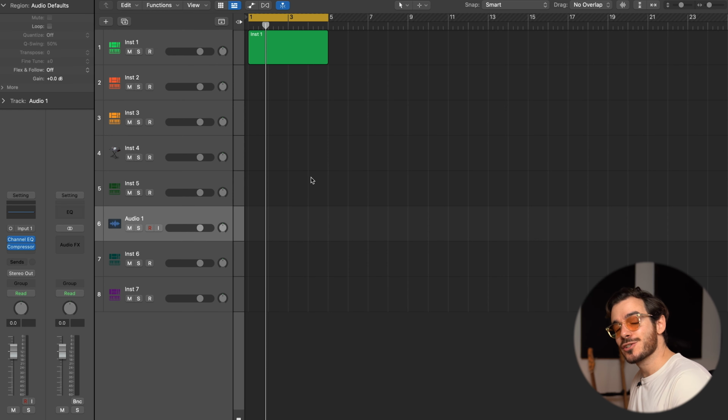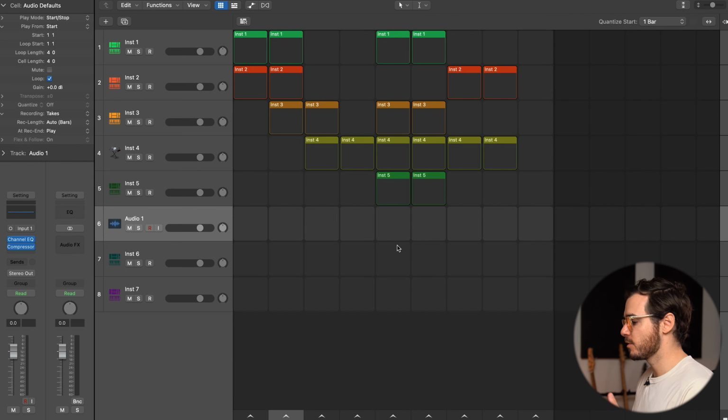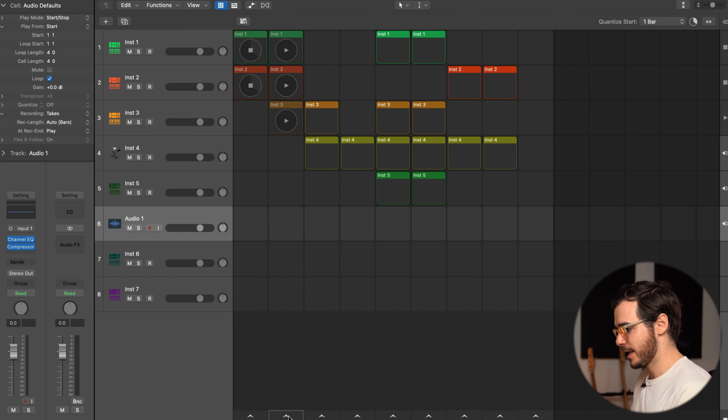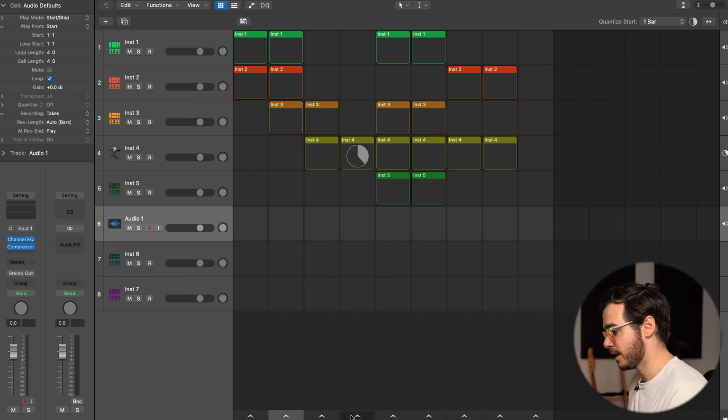Now Logic did try and copy this some years later, and they call this live loop grids. And it kind of works in the same way. You see, if I press play, I can play different loops and they kind of synchronize with the BPM. Again, you can audition the different parts that you've put together in a very, very similar way. Although I don't feel like the layout is as nice as the one in Ableton, but maybe that's just because I'm used to it.